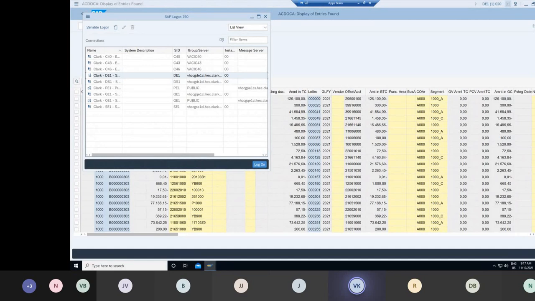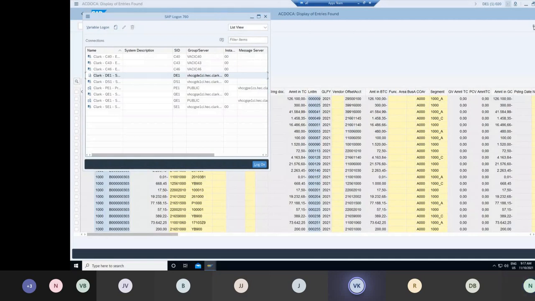Is it only the data, or does it also include the configurations? By default, we always transfer the transaction data. We don't transfer the configurations.